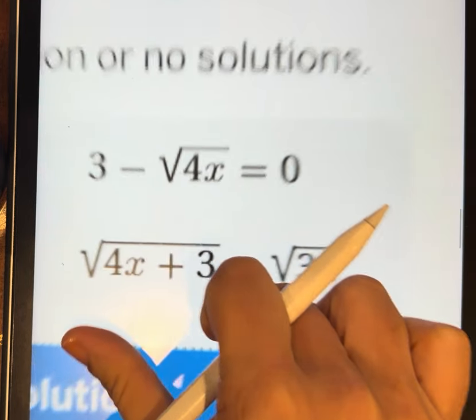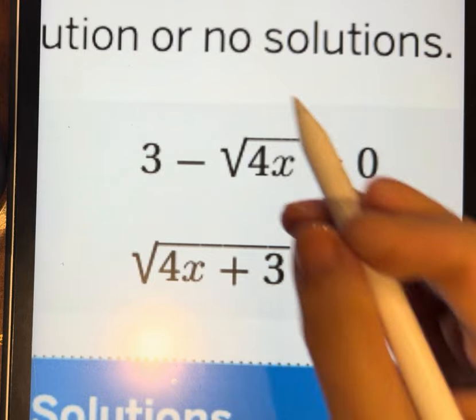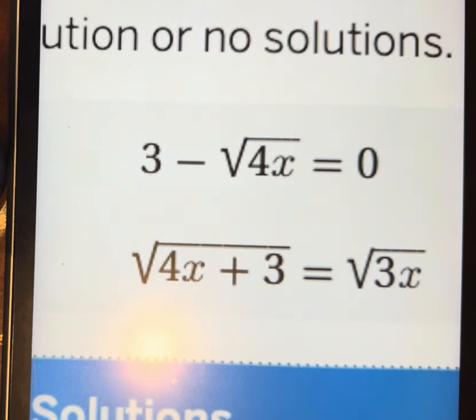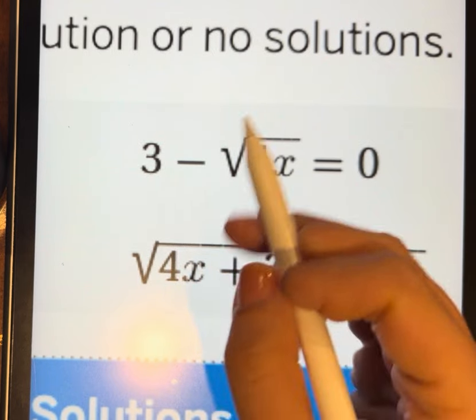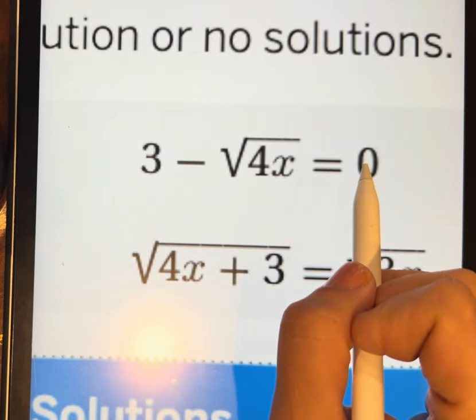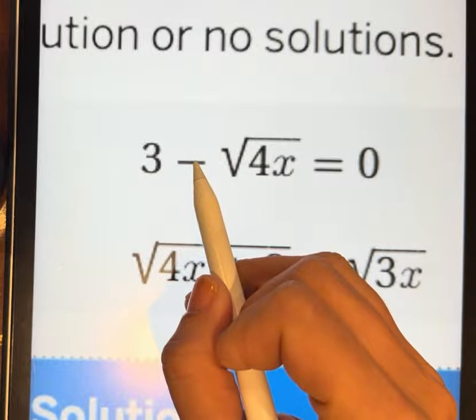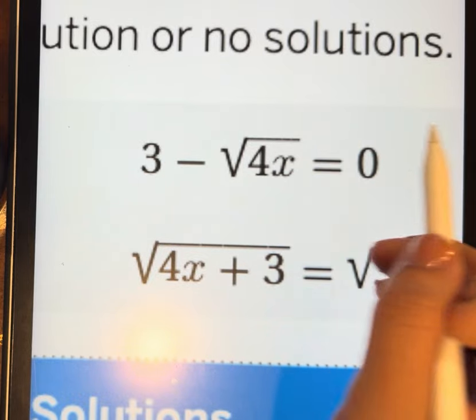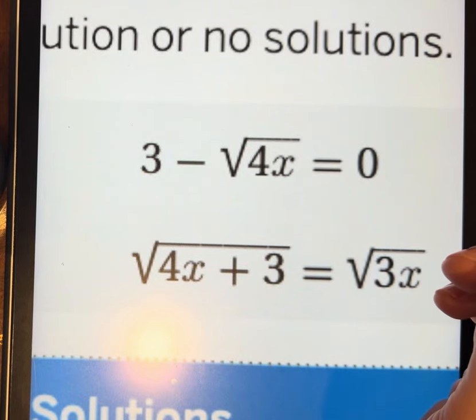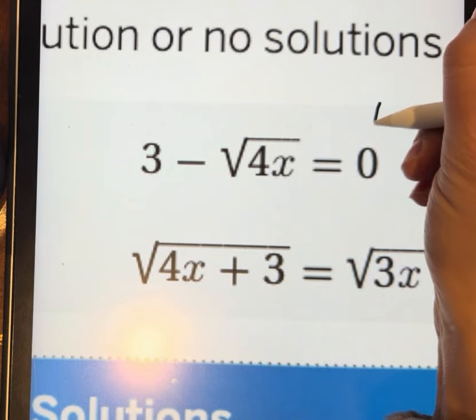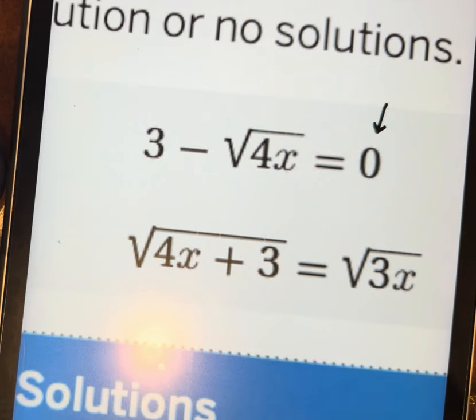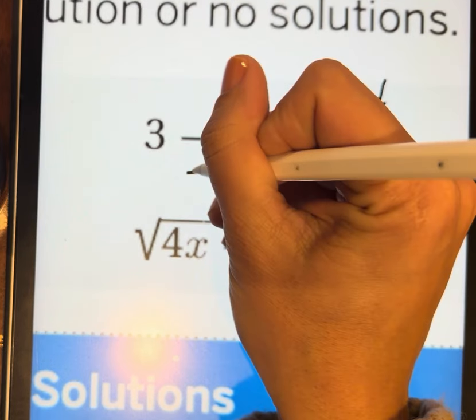Now let's go on to this bad boy. All right, here we go. This is a non-isolated radical. We want to isolate this radical. We got two choices, okay? Typically, we would think of moving the 3 over. I just want you to picture, if you move the 3 over, you still have this negative here. So then the next step would be to divide by -1, which is perfectly fine. 2 steps, boom, done. However, because this side of the equation is 0, I notice that if I just add